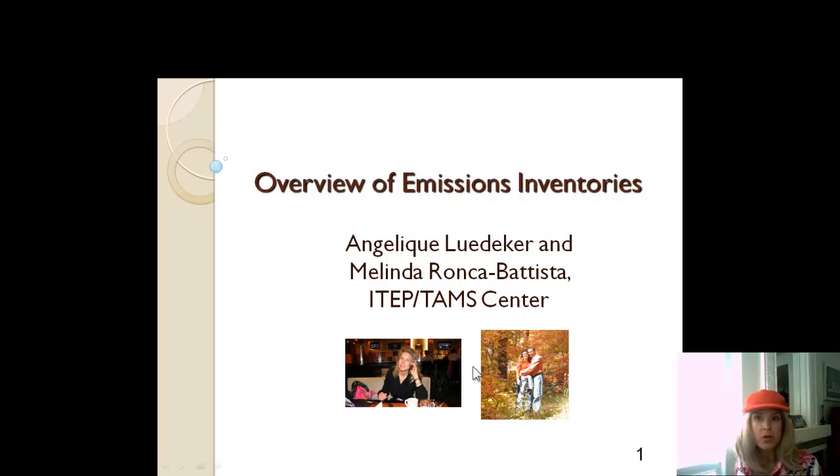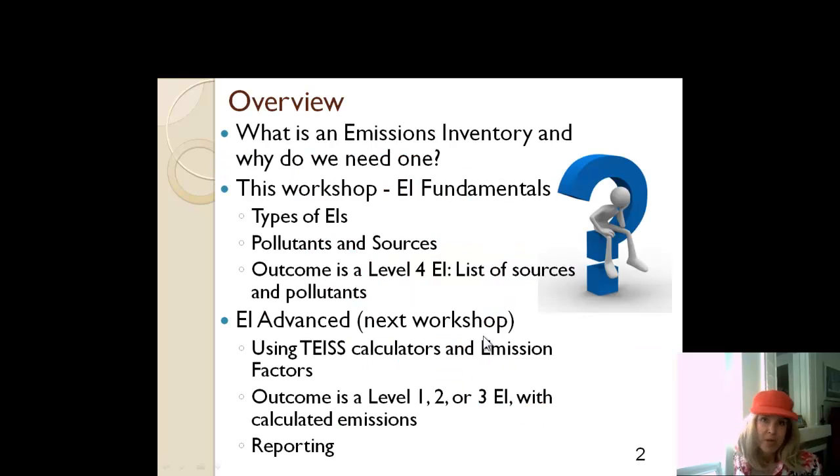Overview of emissions inventories. What is an emissions inventory and why do we need one? An emissions inventory is basically a list of sources and the pollutants they emit that can affect the air quality on your land. This workshop, Emissions Inventory Fundamentals, we're going to go over the types of emissions inventories, types of pollutants and source type categories, and as we talked about in the first webinar, the outcome is going to be a level 4, which is a list of sources and the pollutants they emit that can affect the air quality